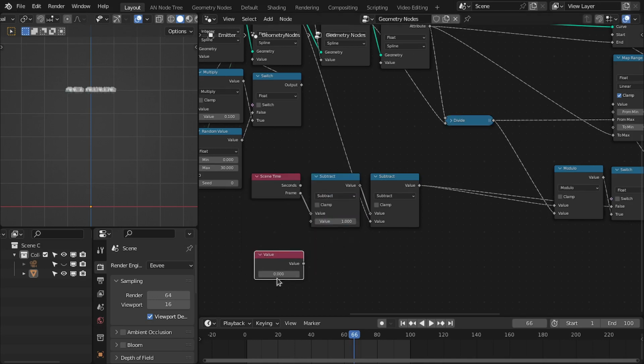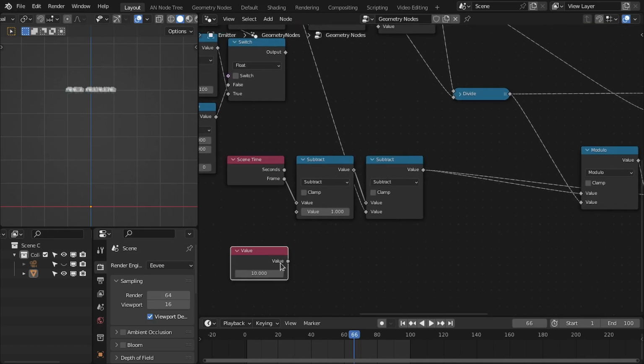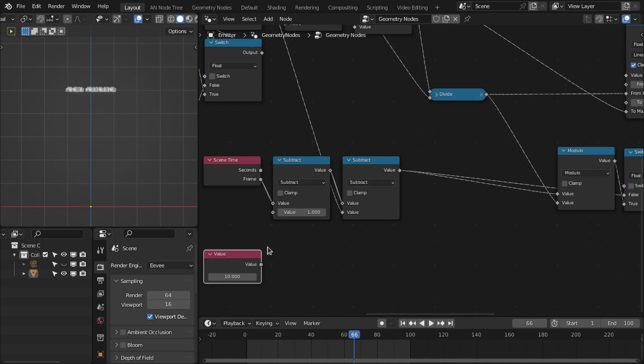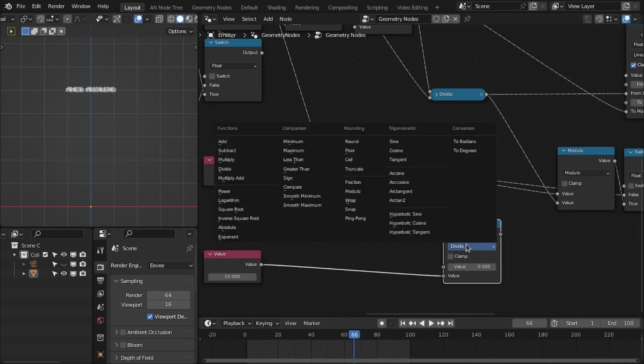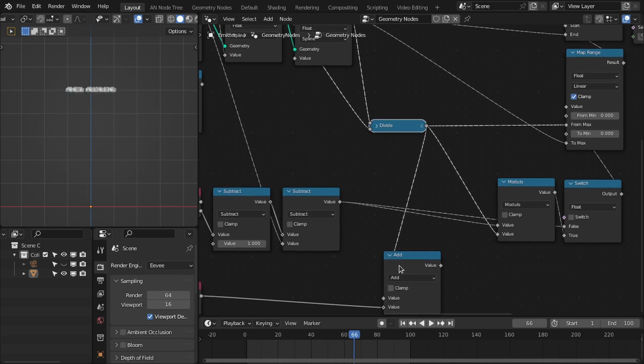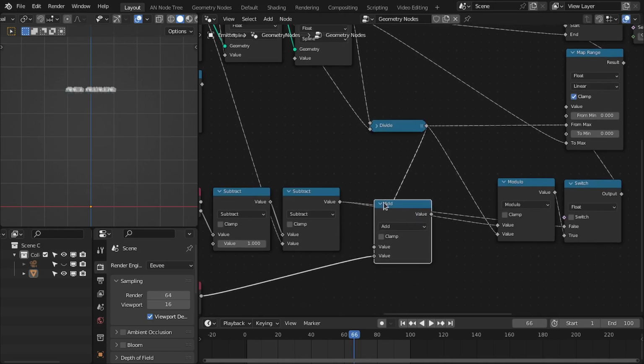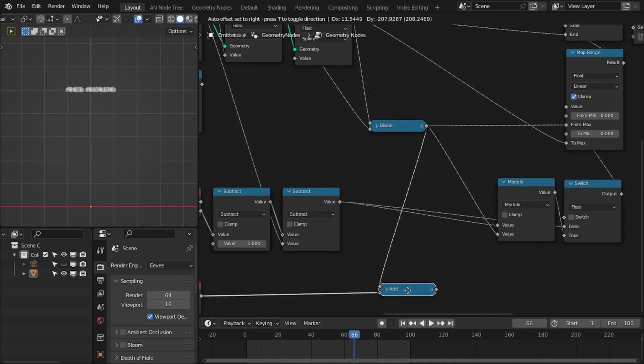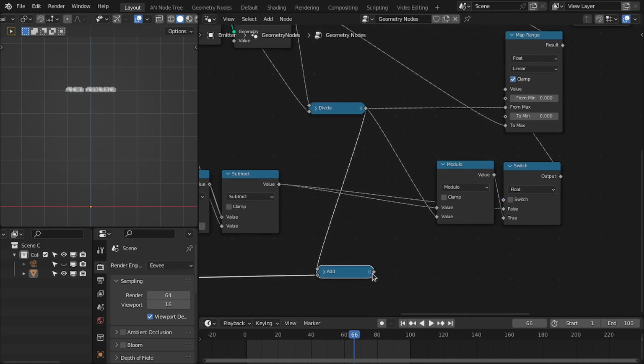Suppose we want that effect for 10 frames, and we can also randomize this number of frames for the effect. So then we have to add those frames into the time that we get for each particle,